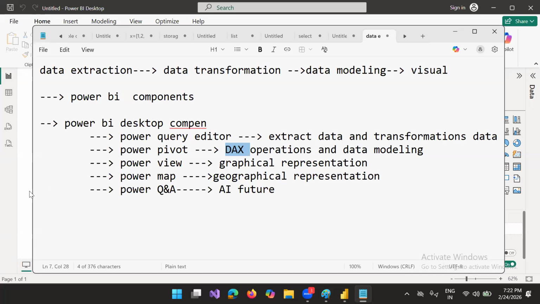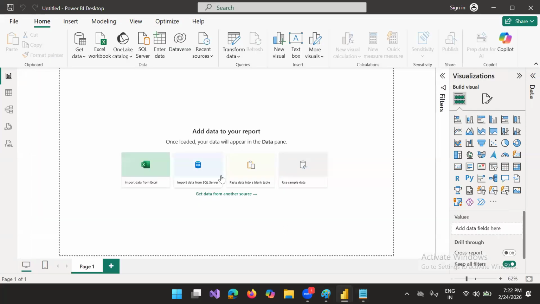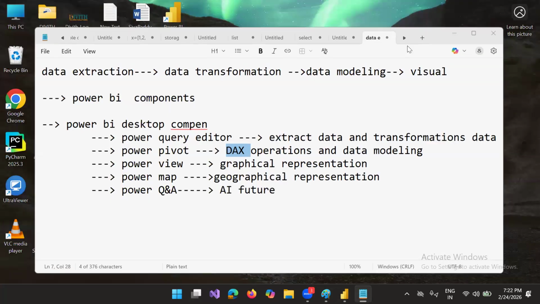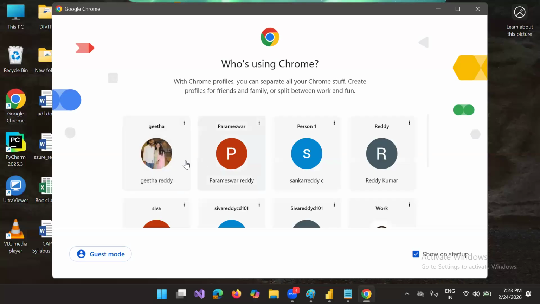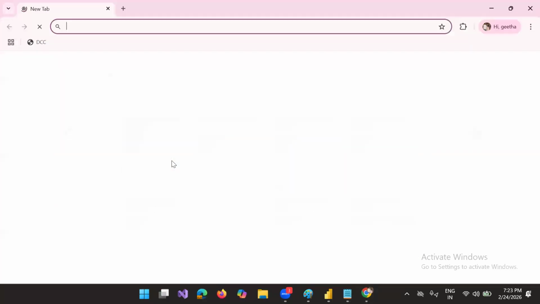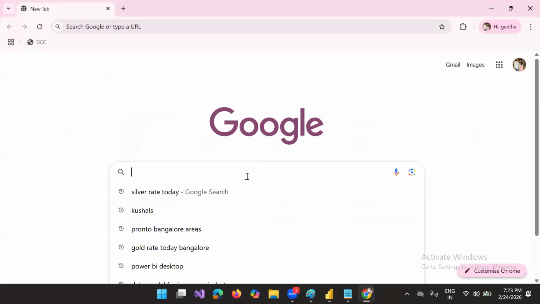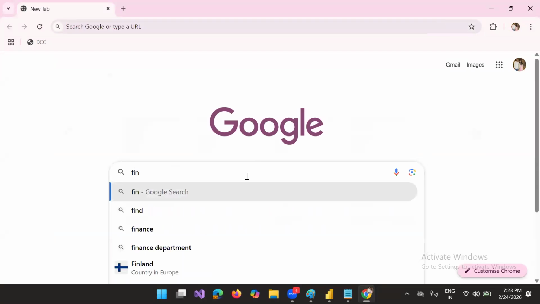Okay, so now let's see. Here we can go with two things as a practical. To show the practical, I don't have the data right now, so I'm going to get the data from Google. Everyone needs to practice like this. I won't take any data manually. Here in Google, you can search for finance data